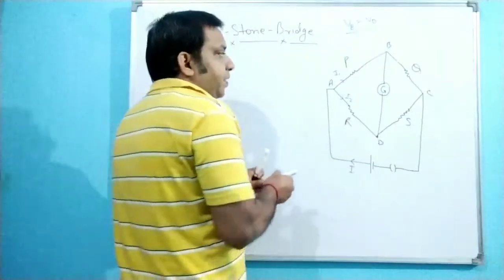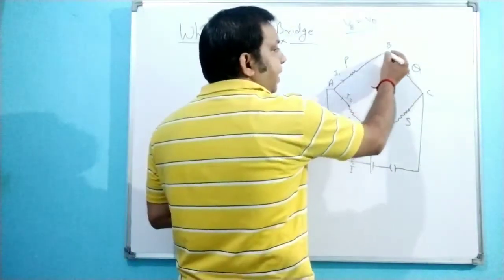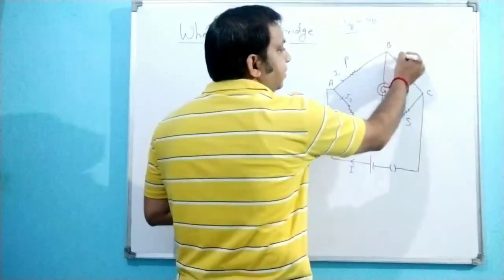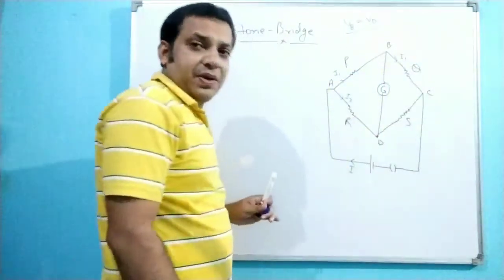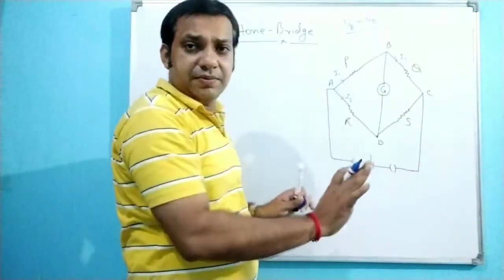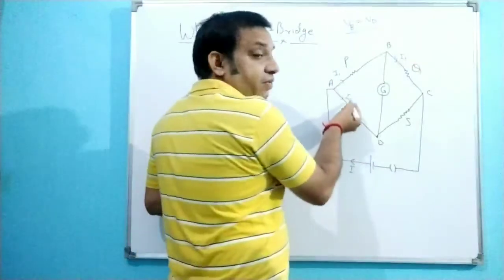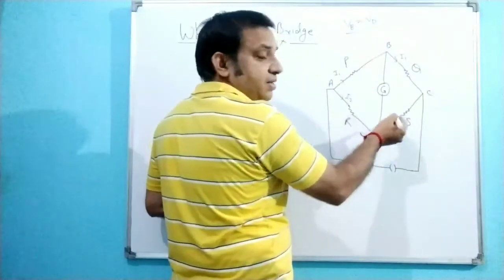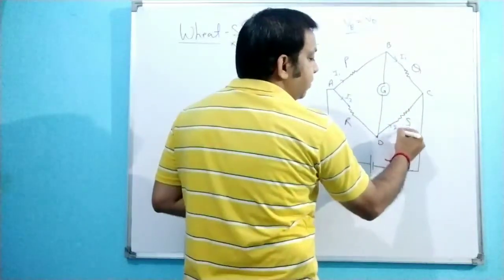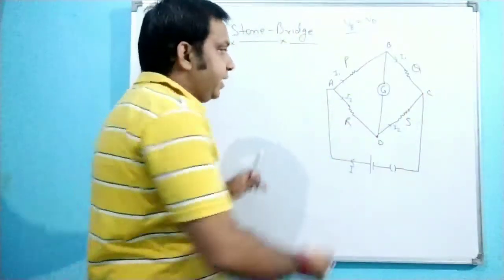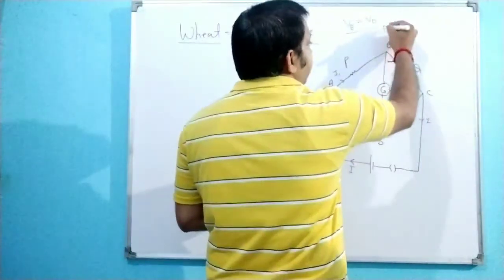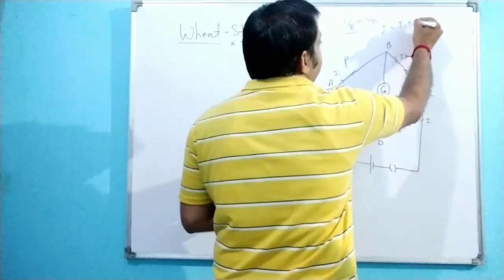So if the I1 current starts from here and in this branch there is no current flowing, all the current will flow this side. So the I1 current will flow because there is no division of the current in this branch. Similarly, when I2 reaches here, the two branches are here. In this particular branch no current is flowing, so the total current I2 flows in this particular path. And again this I1 and I2 will combine here and the total current will flow. So here I is equal to I1 plus I2.